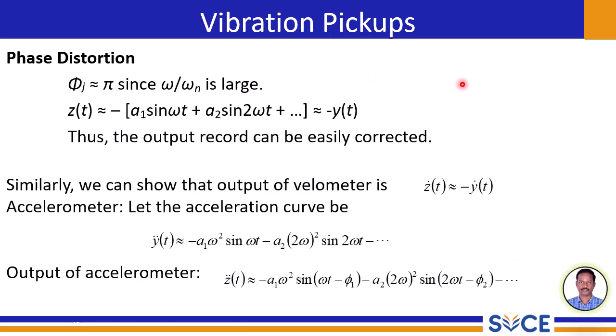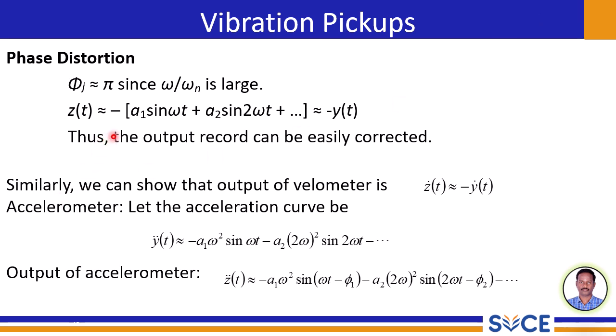Now let's consider a specific operating region for our vibration measurement. If the frequencies of the vibration we are measuring, omega, 2 omega, etc., are significantly higher than the natural frequency of the measuring instrument, then the ratio omega by omega n becomes very large. In this high frequency region, the phase shift phi of j omega for each harmonic component tends towards pi radians or 180 degrees. If phi is equal to pi for significant harmonic components,